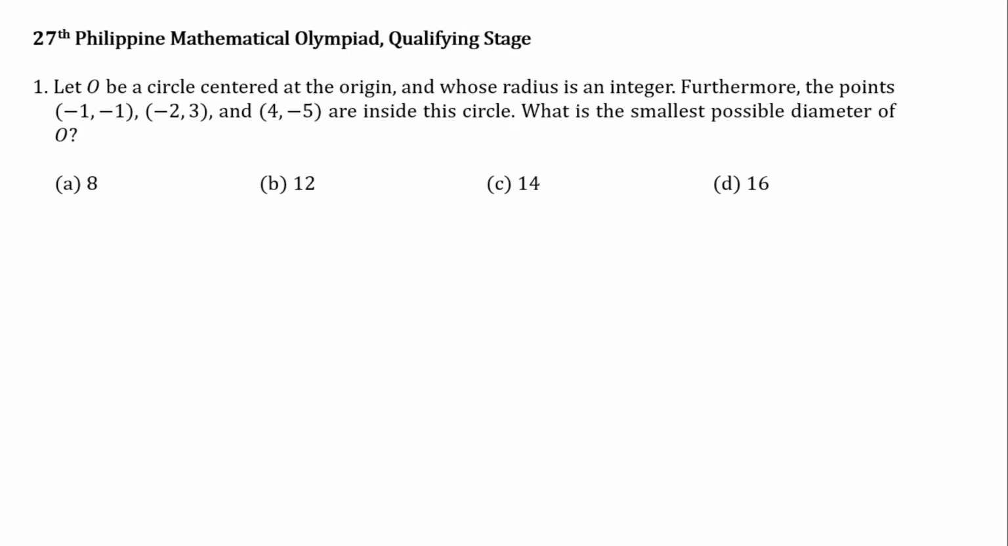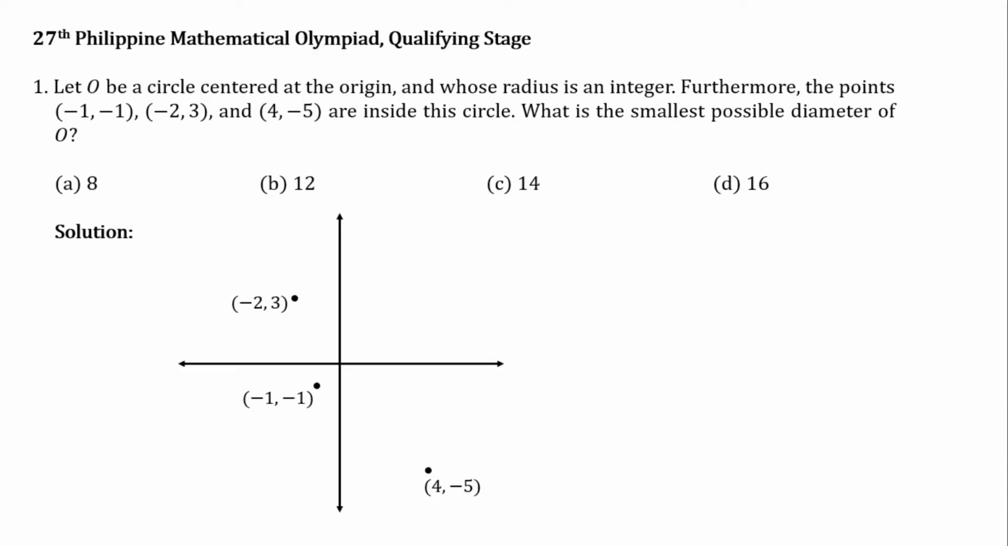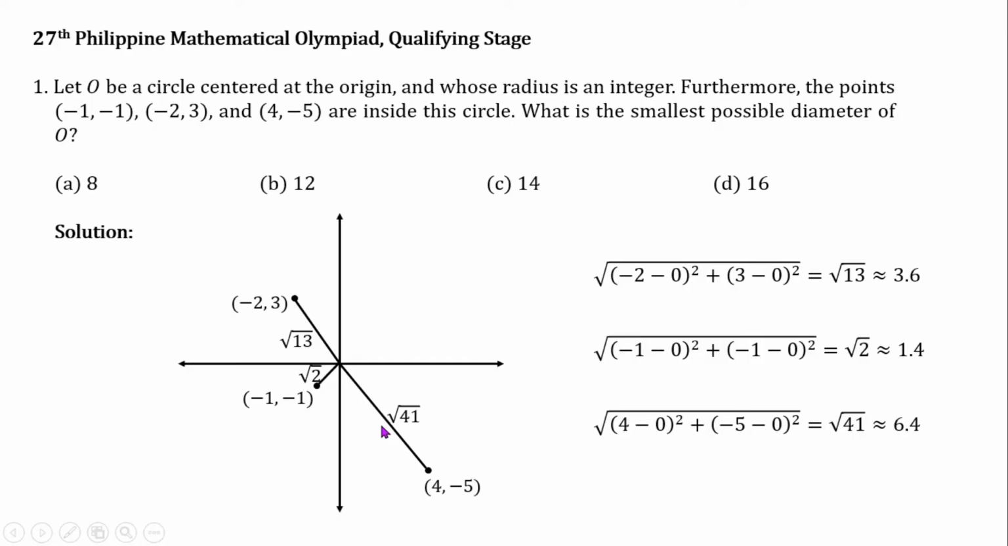Let us plot first the 3 points and then connect each point to the origin. Now, in order for the 3 points to be in the interior of circle O, the circle must have a radius that is longer than the longest segment. You can easily verify using the distance formula that the longest segment, this one, measures square root of 41 or